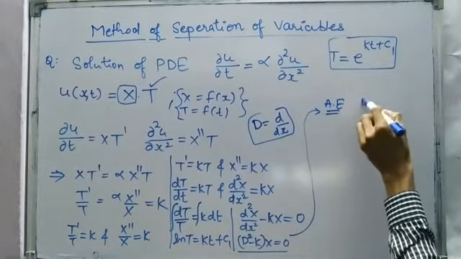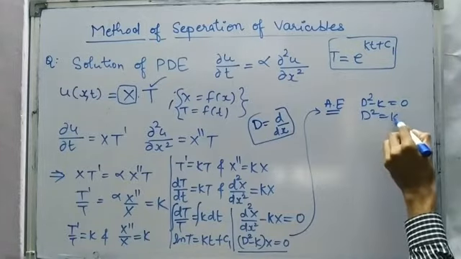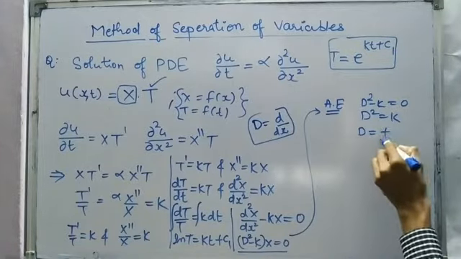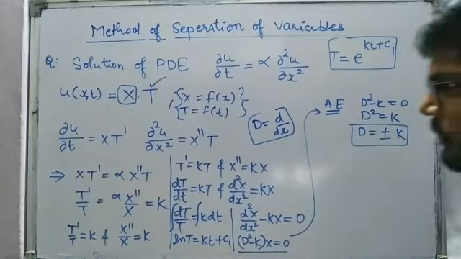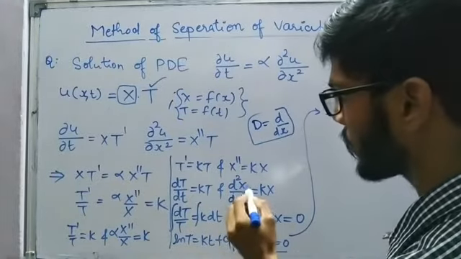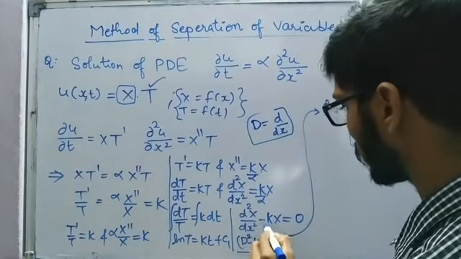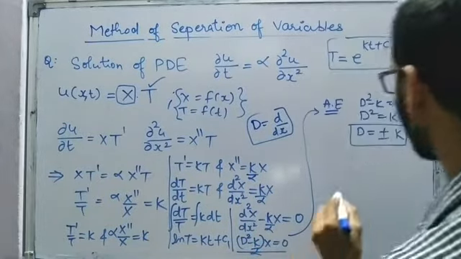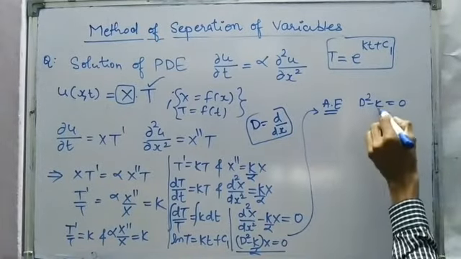This is nothing but D² minus k is equal to 0. So the roots are D² is equal to k, so D is equal to plus minus square root of k, and I think we are missing alpha over here, right? So alpha, and this will be k by alpha. So in all the places we are going to have the k by alpha thing. So this will be D² minus k by alpha.